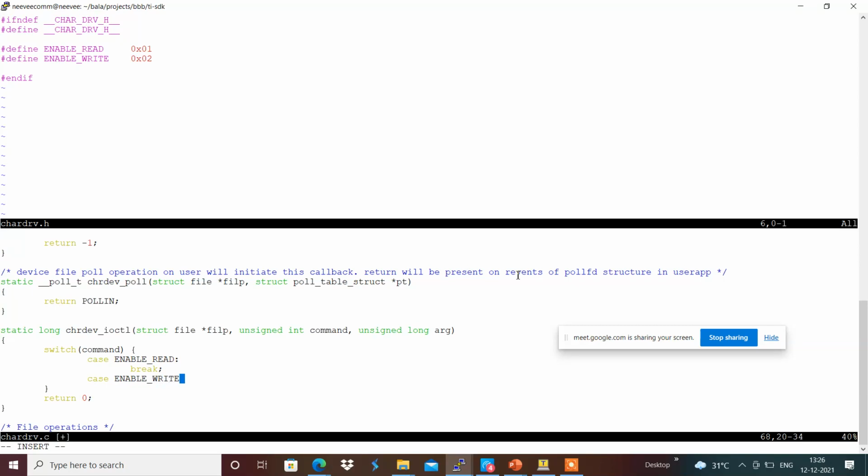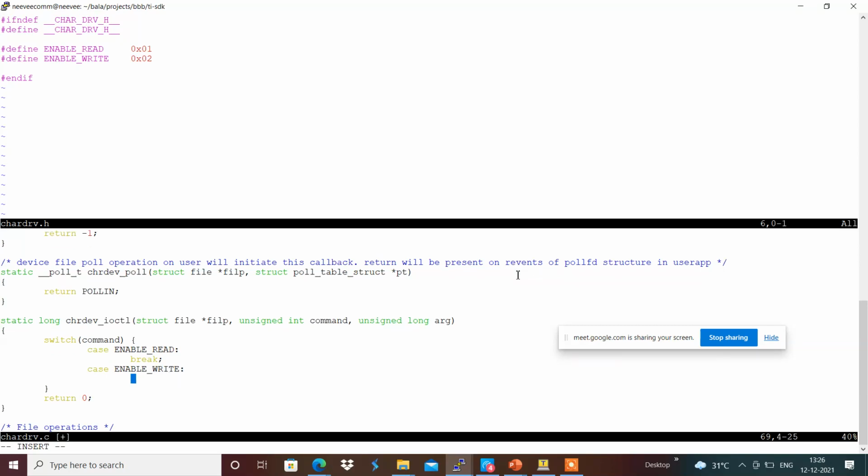For example, I am going to print something like KERN_INFO enable read